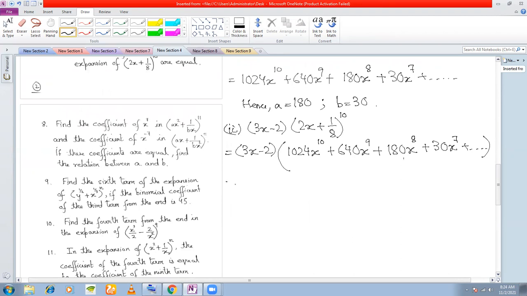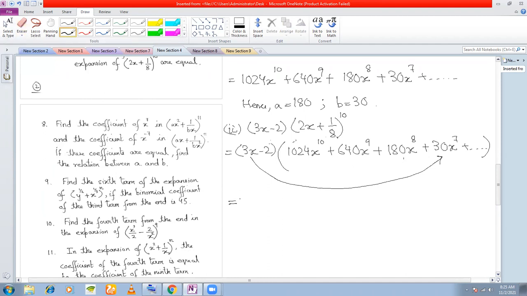So when you're multiplying these two expressions, how do you multiply? You multiply 3x with each of these terms, and then you multiply 2 with each of these terms. This is how you multiply. Now when you are multiplying, in which term will you get x to the power of 8? That you will have to see. So when you're multiplying 3x by x to the power of 7, will you get x to the power of 8? Yes, you'll get it.